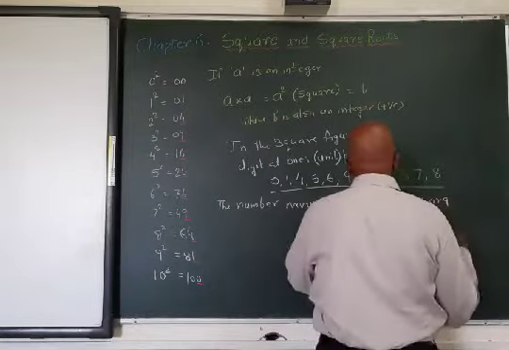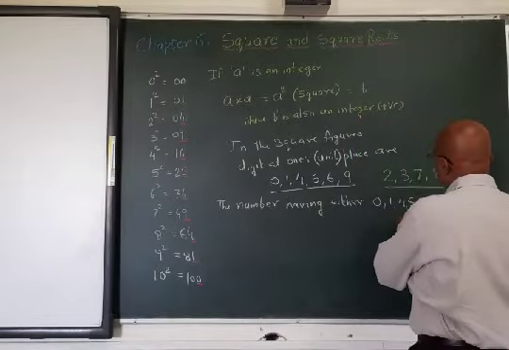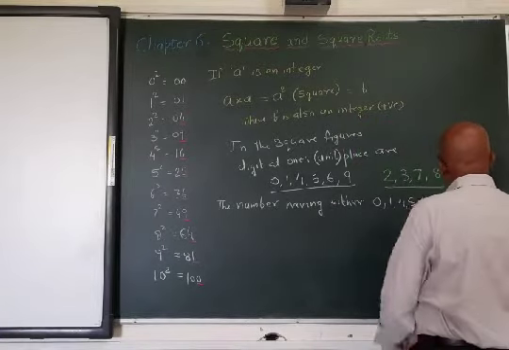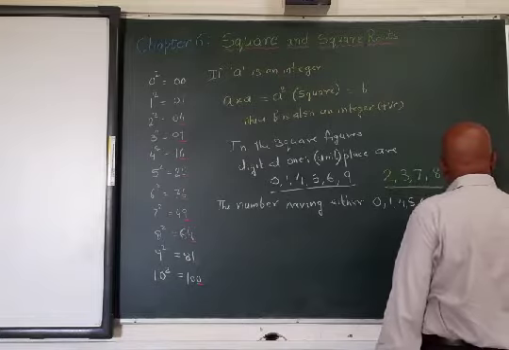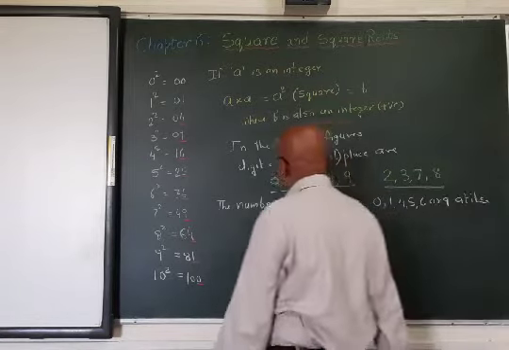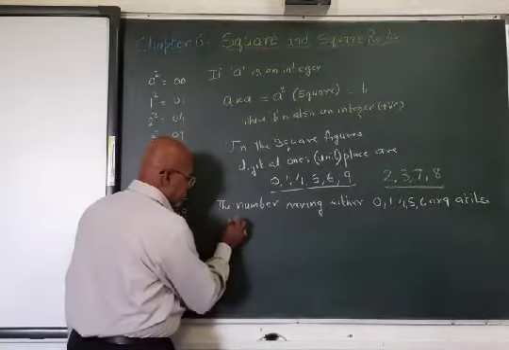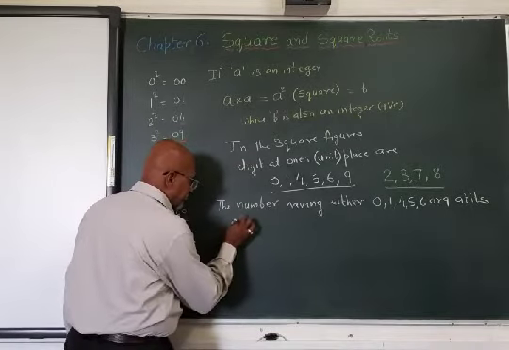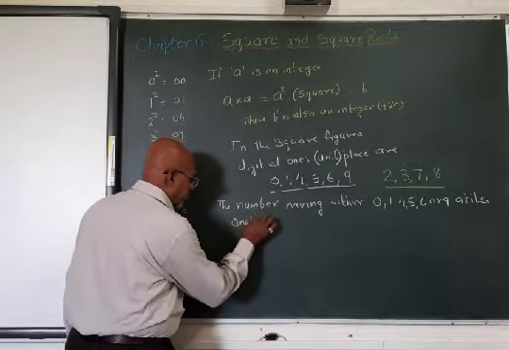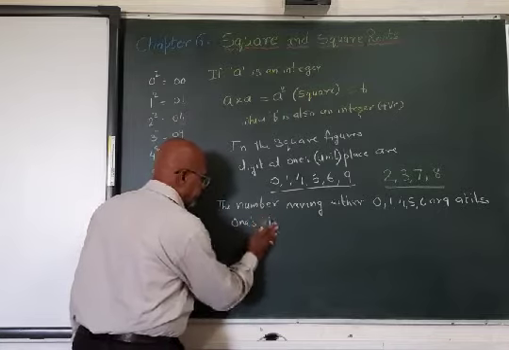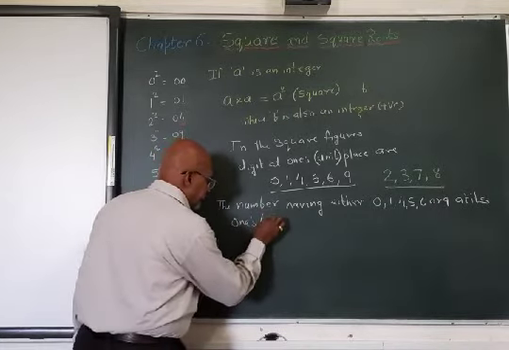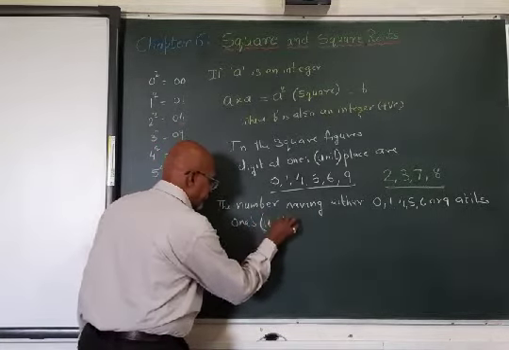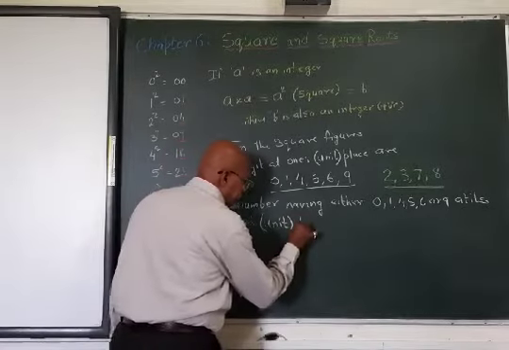The number having either 0, 1, 4, 5, 6 or 9 at its ones place, I will write unit place also, unit place,